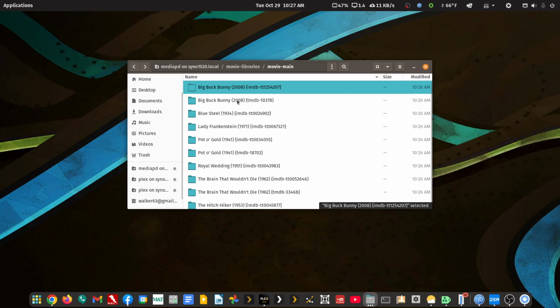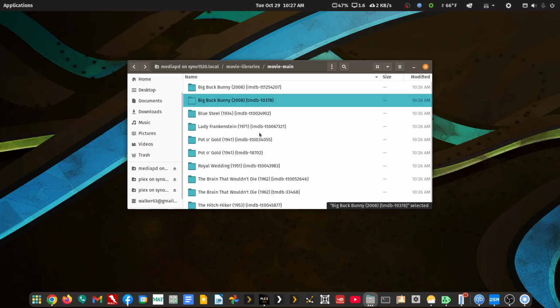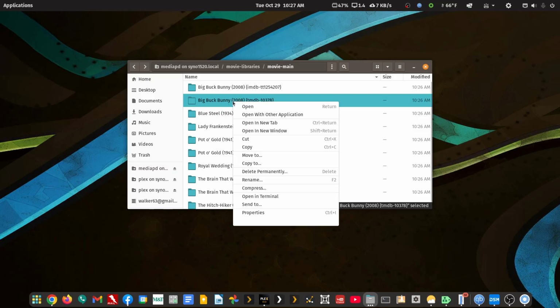Now I happen to have a second folder for this movie under TMDB because there was another versioning example, a 4K one, and also a 4K edition example. So now you take your original ones that you didn't want to let Filebot rename wrong, and you might have to improve the basic file name. So if